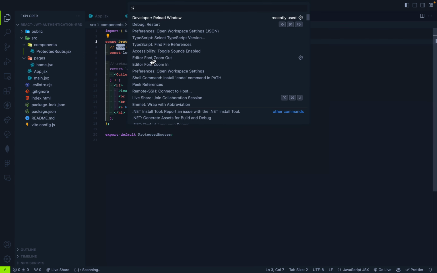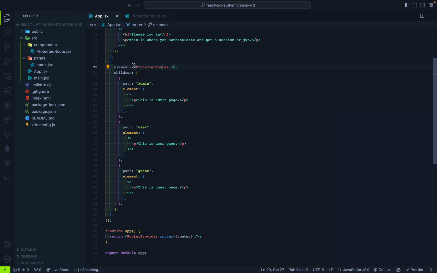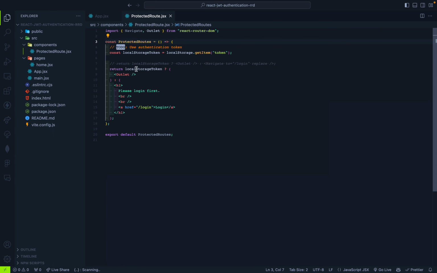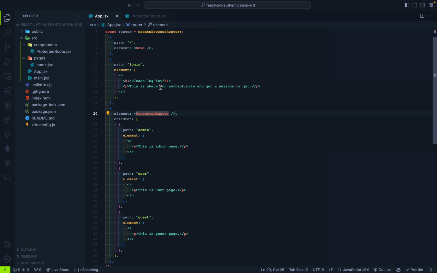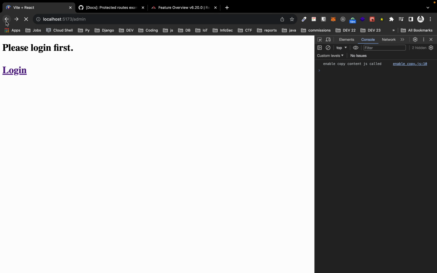There's this simple component. Actually, there's this hierarchy first within here. See, these two pages are fine. The third page has an element whose children are all of these pages, and these are independent routes, but they are wrapped by this protected routes component, and it takes nothing. It's just a component that either lets the outlet, which is the component inside that, or you can show something else. Now, something else means the login thing that I just showed here,